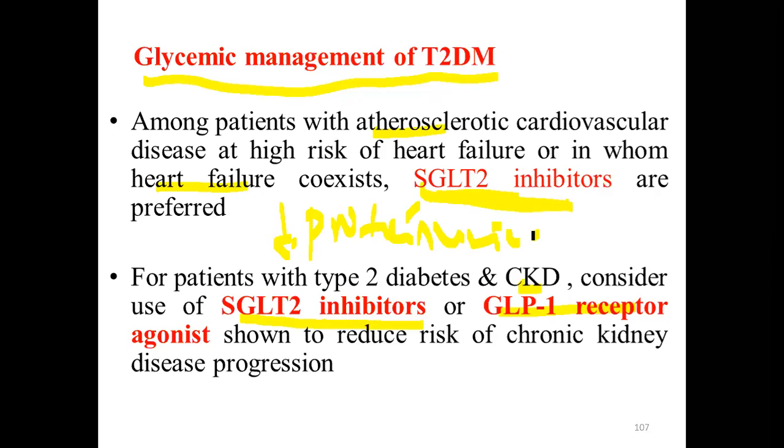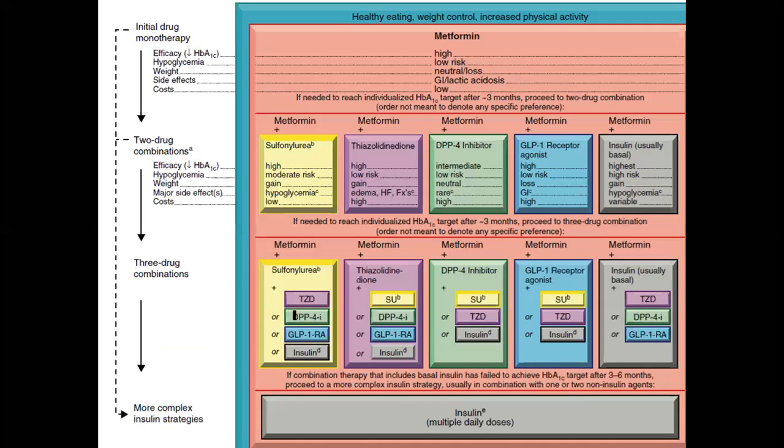But remember, despite SGLT2 inhibitors or GLP-1 being renoprotective, most of the guidelines recommend insulin as the preferred treatment modality when a patient has CKD plus DM. Yes, but if we don't have insulin, maybe we can consider these. We can also consider them because they are renoprotective, but mostly insulin will be the preferred treatment modality because most of the other medications are not commonly recommended when the patient has kidney impairment.